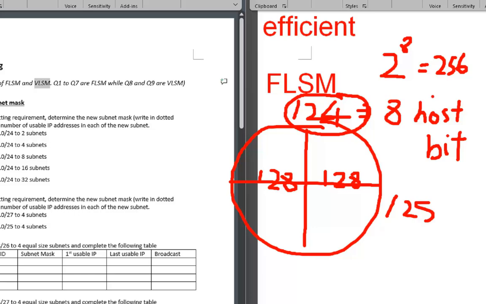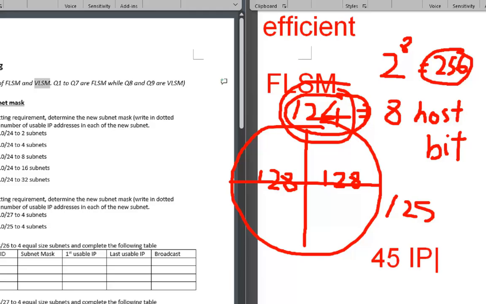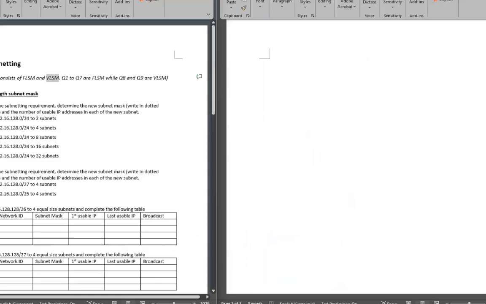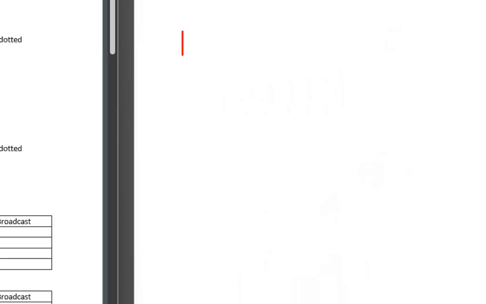For example, if you're given a /24, you have 256 addresses. But let's say you only need 45 IPs. There's a lot of addresses being wasted. That is why we need to know how to do subnetting in order to split up the network. The other variation, variable length subnet mask, VLSM, is a bit more difficult because instead of splitting up